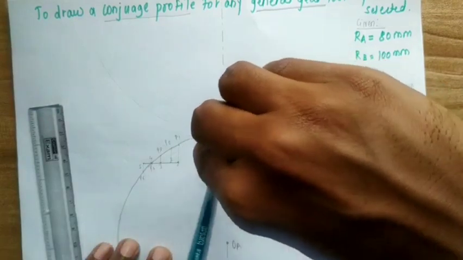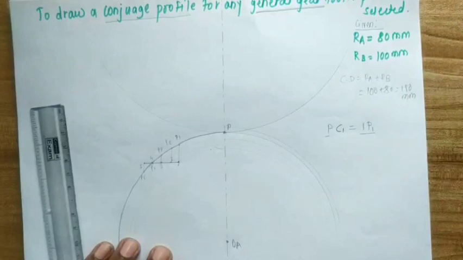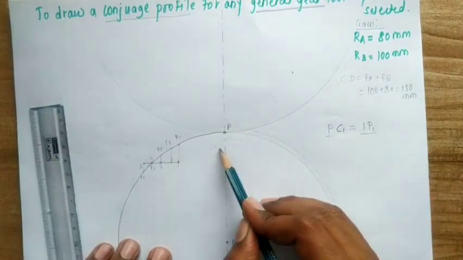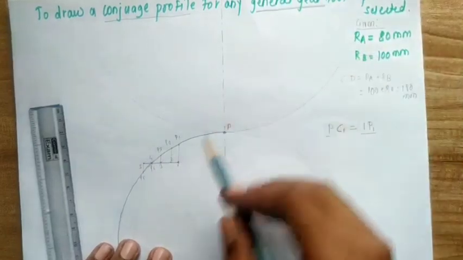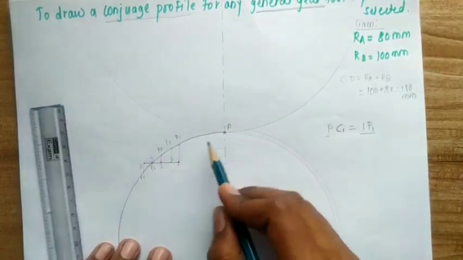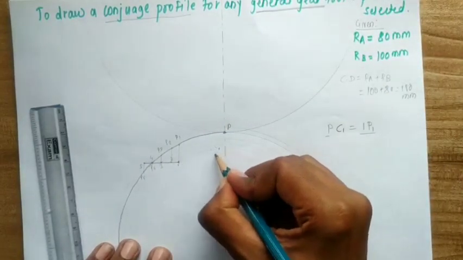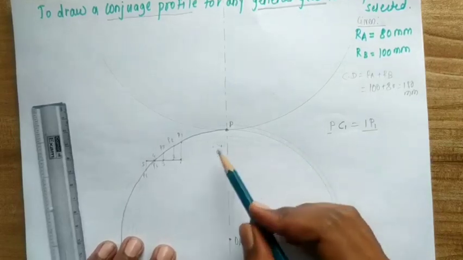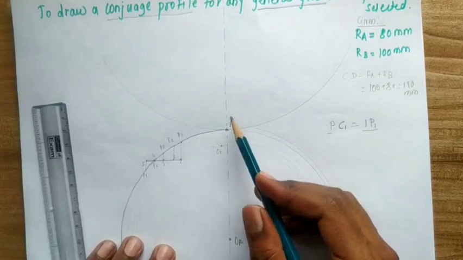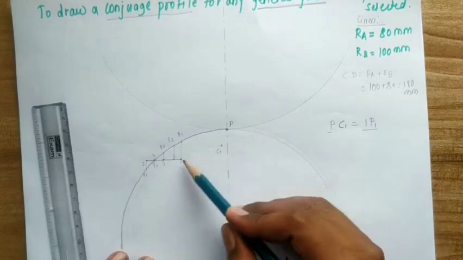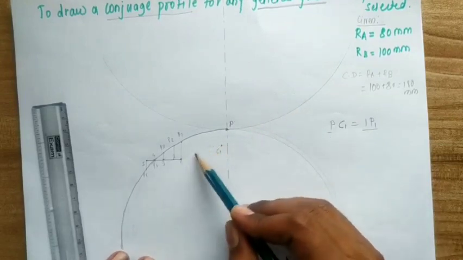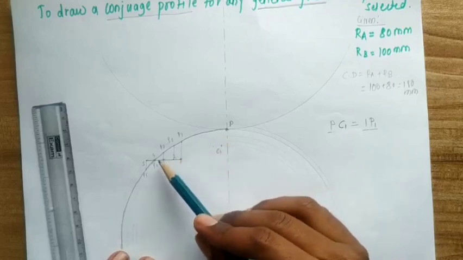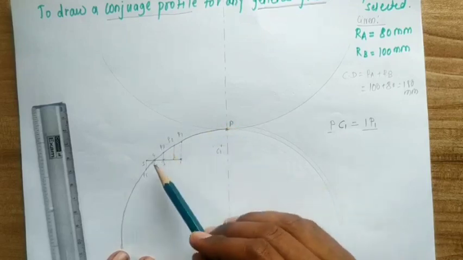C1 must be on the locus of 1. You observe here, I cut this arc on the locus of 1 because C1 is the point of contact of point 1. So it means it is the next point. Here I will get C1 and call that point C1. Similarly, I have to mark C2, C3, C4, C5. It is known to you now, if C1 is on the locus of 1, C2 will be on the locus of 2, C3 on the locus of 3, similarly C4 and C5 on the loci of 4 and 5.